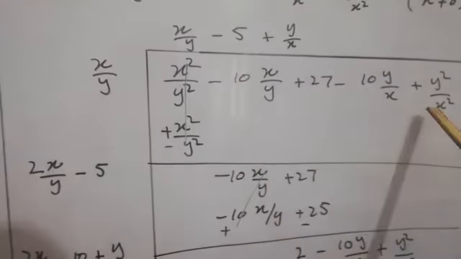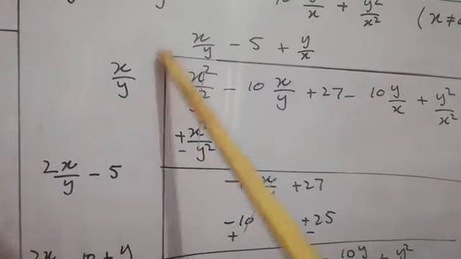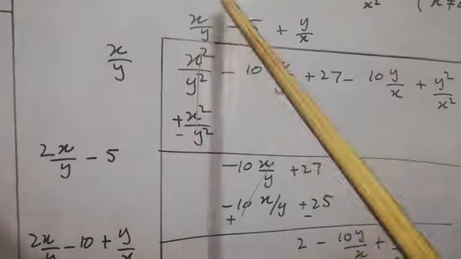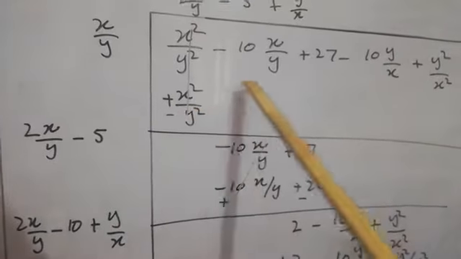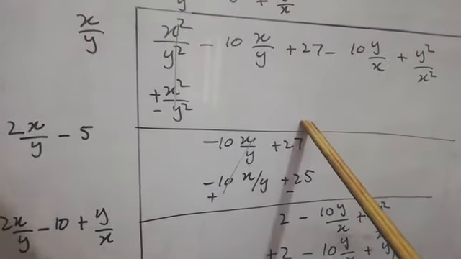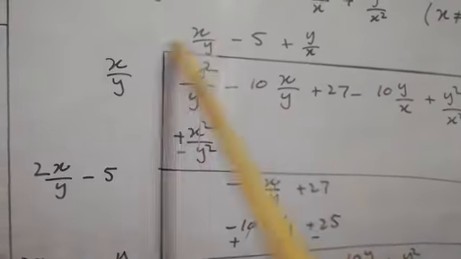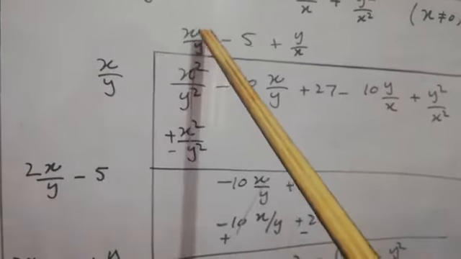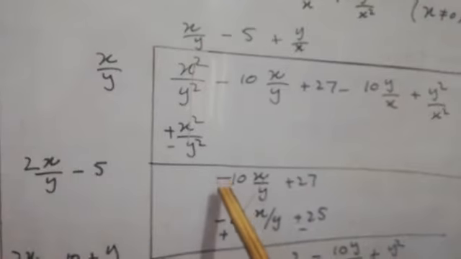Write the question very carefully and then x²/y² is the square root of x/y. So put x/y and x/y here. These will give the answer x²/y². Now write the next two values here. First we will double the answer, x/y means 2x/y. We will multiply this fraction by 2, we get 2x/y. This is minus, put a minus sign here.